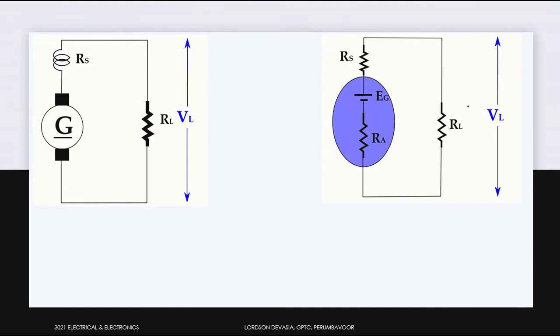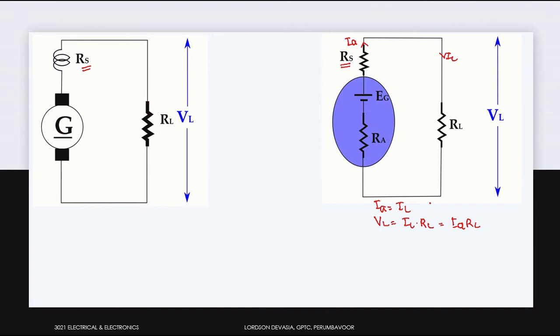So this is the equivalent circuit, and for the series field winding there is a series resistance RS. Then writing the equations: this is IL, the load current, and this is the armature current IA. So IA is equal to IL. Then the voltage across the load RL is VL equal to IL into RL. Since IL is the same as IA, we can write this as IA into RL.